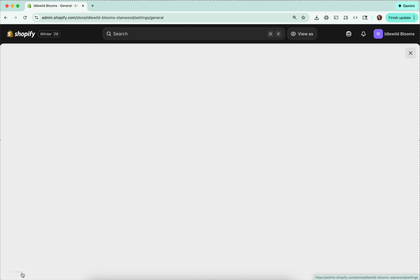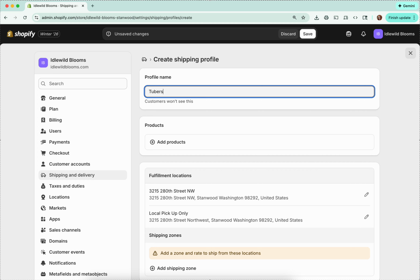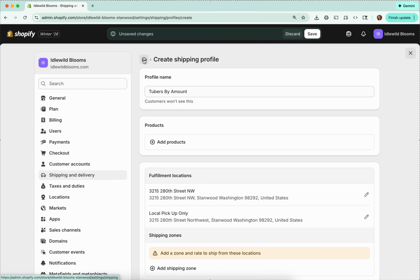Okay. All right. Once you have that done, you're going to go into your shipping and delivery, and you're going to create a custom profile for this type of shipping. So we'll call this tubers by amount. Okay. You're going to have to add all of your tuber products into the shipping profile. Technically, you could also do this in your general profile, which, if you go back, is for everything. You could do it there, but I tend to like to create a specific shipping profile when we do something like this. Okay, so you'll add all your products,